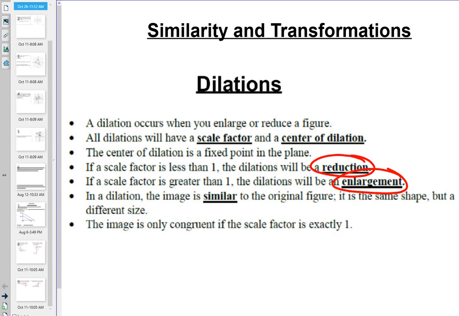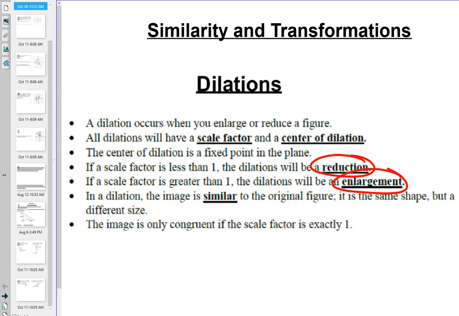Translating is adding and subtracting. You get points and you add and subtract. If you reflect, what are you doing? You're multiplying by a negative, which causes it to change sign. Same thing on rotation, and it just depends on what coordinates you do it to, would either cause it to reflect or rotate. With a dilation, now you're actually multiplying by a number